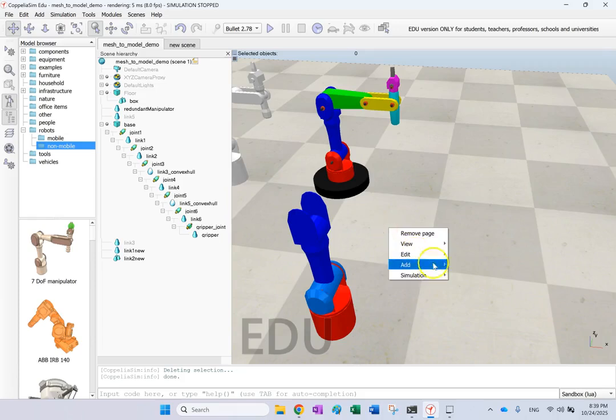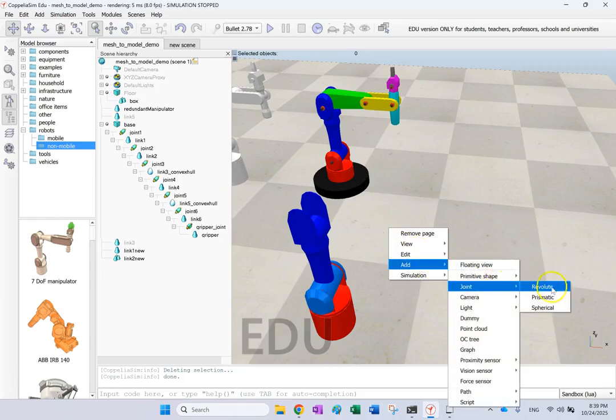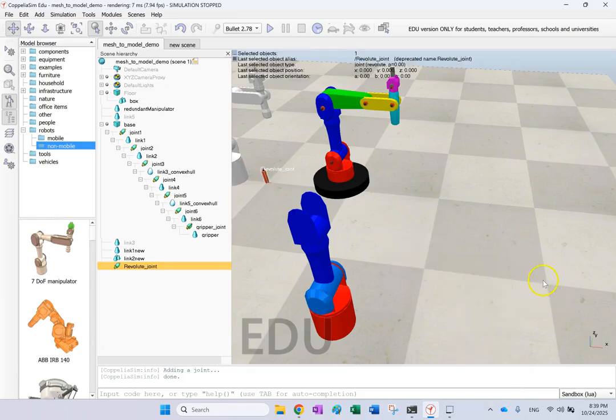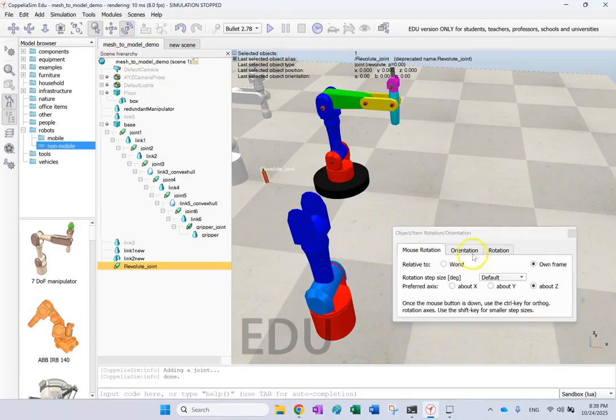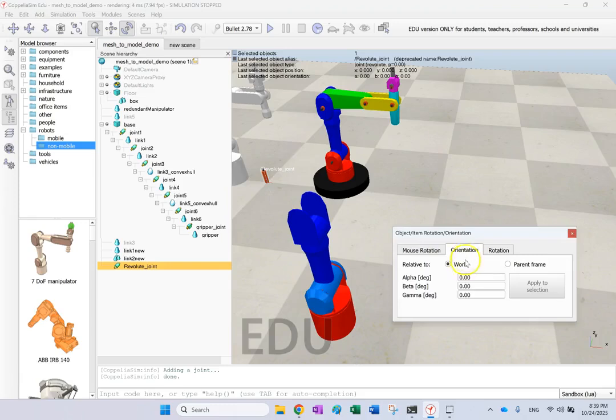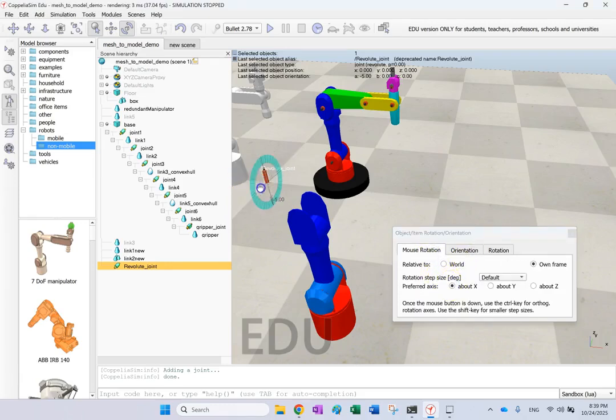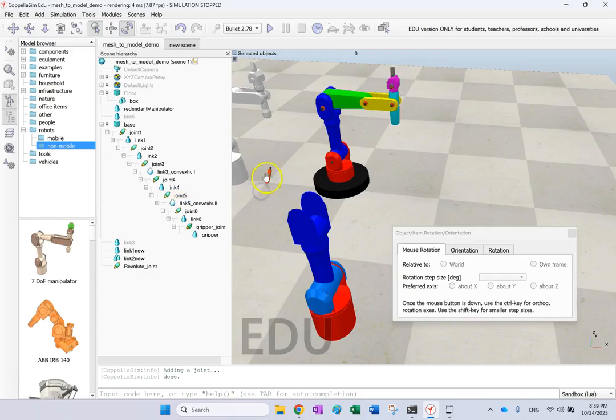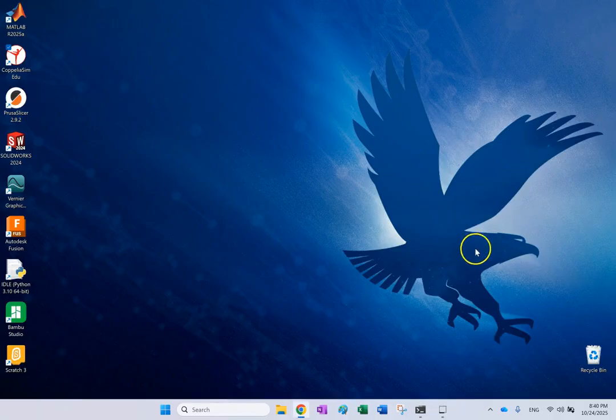So I go ahead and say add and then say a joint, and then I want a revolute one. And then that revolute, the axis of it should go in this direction. So the first thing I do, I'm gonna rotate it, in this case about the x-axis, and rotate it by 90 degrees, or if you want, you can just type in the number. So